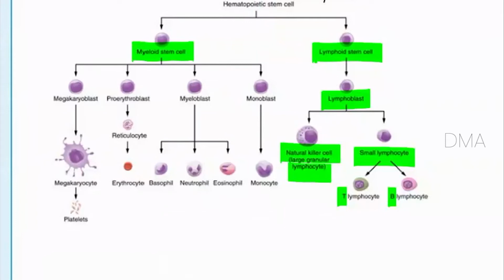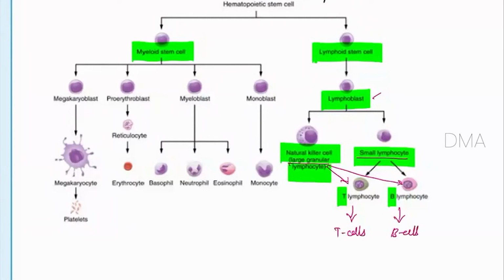So the lymphoid stem cells, it is from the hematopoietic stem cells. From the hematopoietic stem cells, you have the lymphoid progenitor, which give rise to the lymphoblast cells. This lymphoblast cells will give rise to the large lymphocytes and the small lymphocytes. Both large lymphocytes and small lymphocytes will accommodate for production of T lymphocytes and B lymphocytes. Okay, clear guys? And now, this T lymphocytes and B lymphocytes, we will see its further classification one by one. So we will call it T cells and B cells.